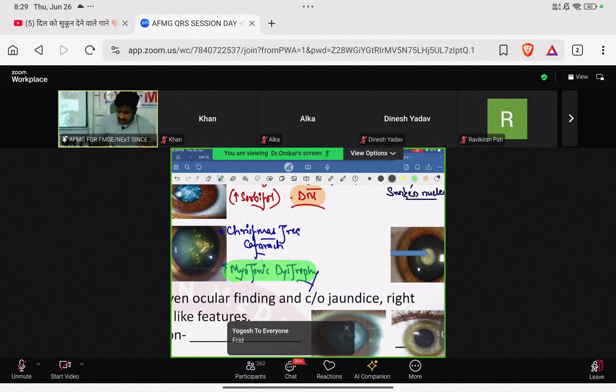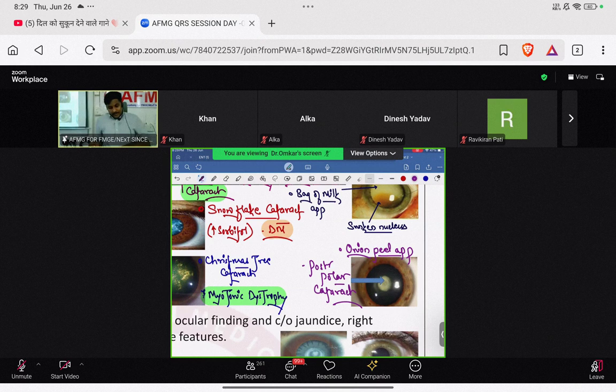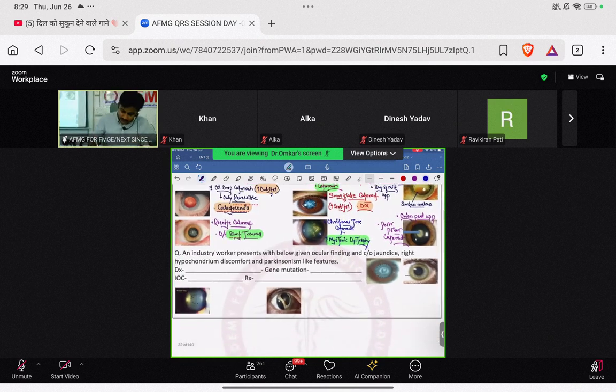beta, and CGG repeats are seen in Fragile X syndrome. So CGG repeats are seen in Fragile X syndrome. Next important, which kind of appearance is this? This is the classical onion peel appearance, beta, and onion peel appearance is a feature of posterior polar cataract, beta. Remember that the most dangerous one is called the posterior polar cataract, beta, or even nuclear cataracts may have this classical onion peel appearance, beta. Is that clear?